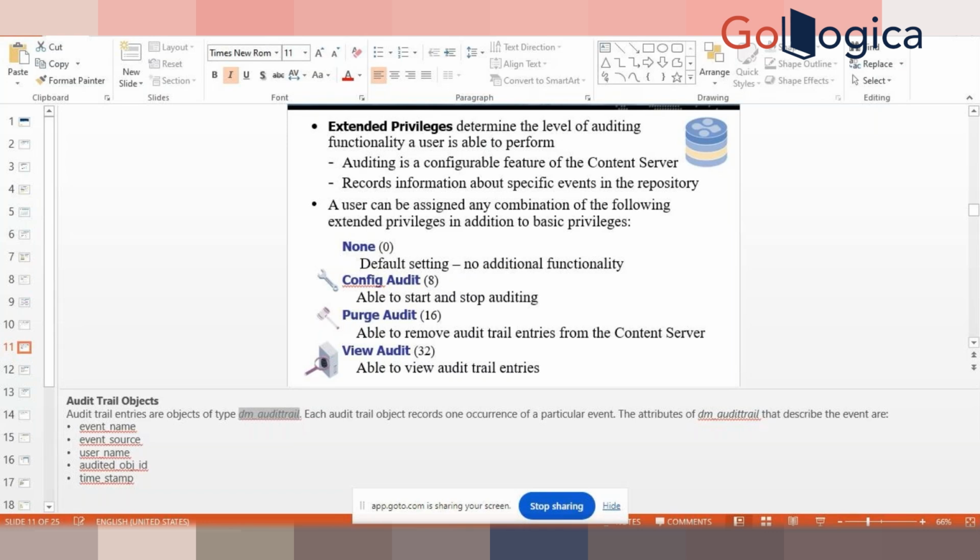For that purpose, Documentum has architected it in such a way that they only enable the audit for some critical functionality, such as deletion or updation, only on certain attributes of an object type. Not all the attributes and not all the object types are audited. Always remember. So if you want to enable auditing for your custom object type